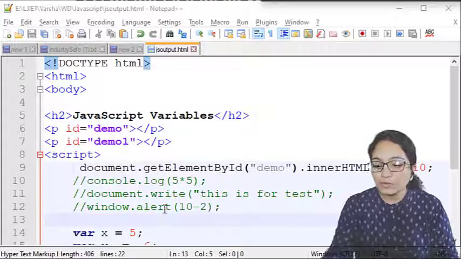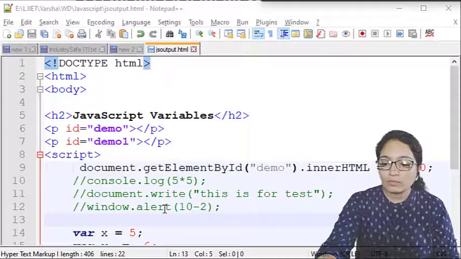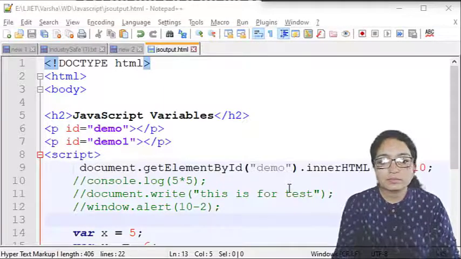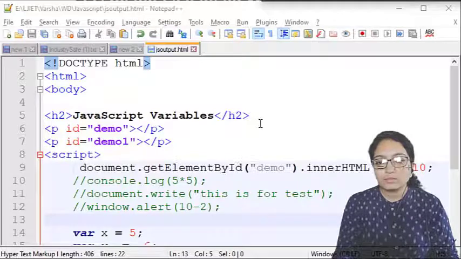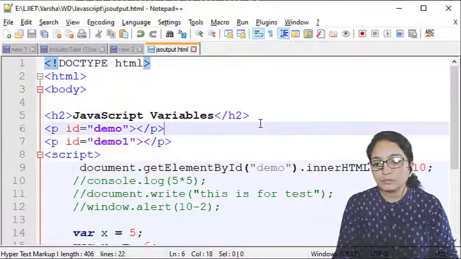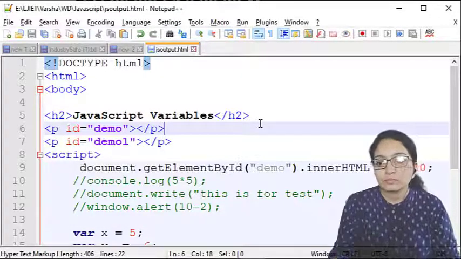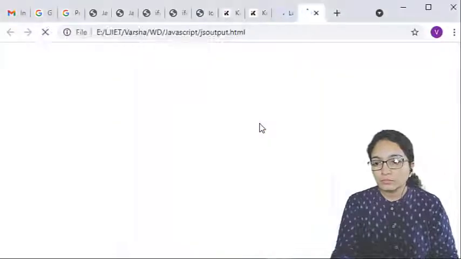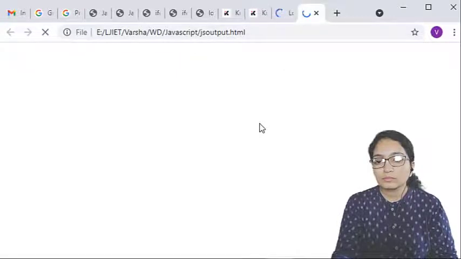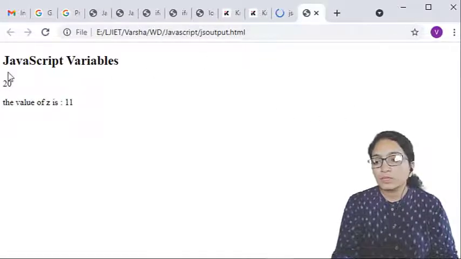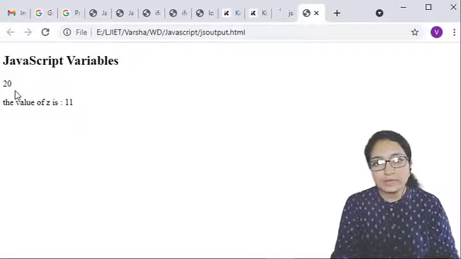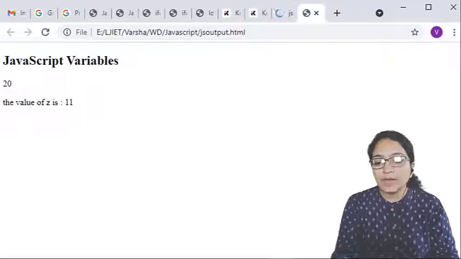Let's see the output of this. Okay, so here you can see the output is 20 and here the value of Z is 11.